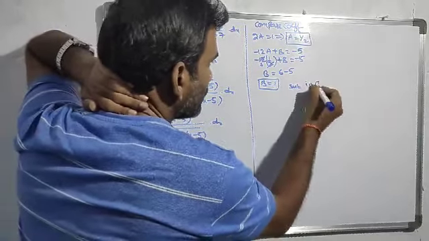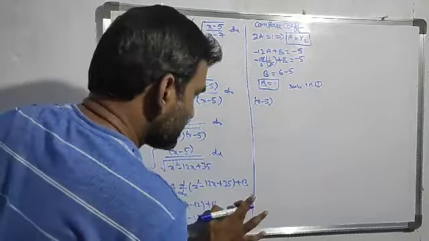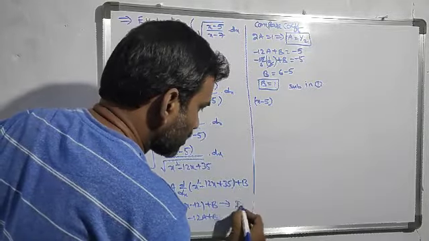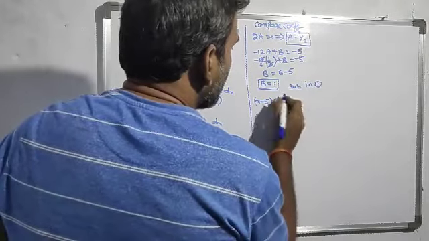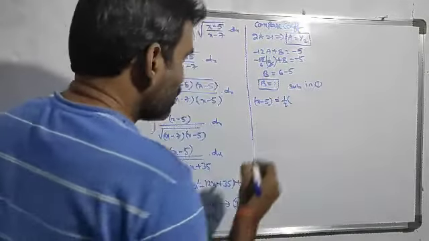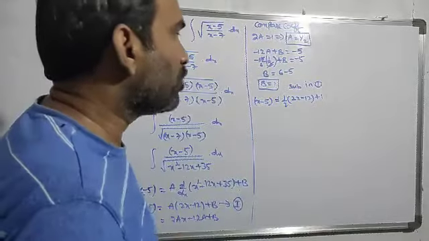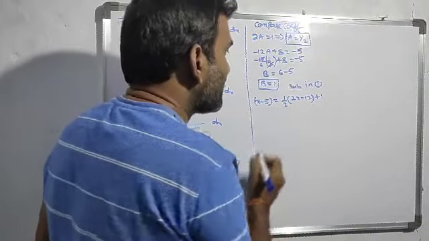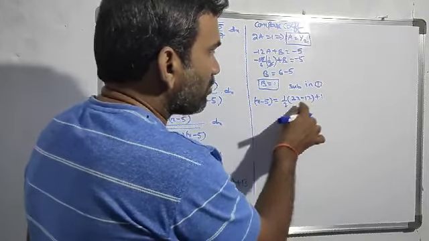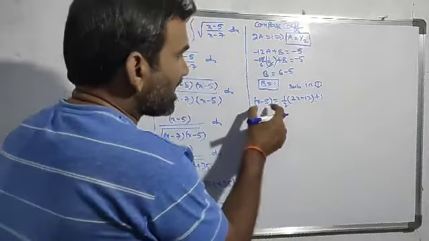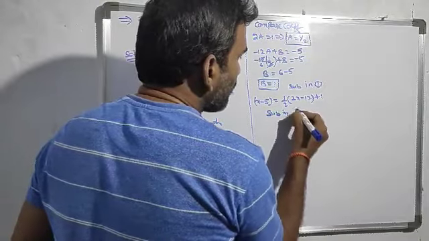Okay, in (1), what is x minus 5? Take this as Roman number 1. What is A? 1 by 2 into 2x minus 12 plus B, and B is 1. If you have a doubt whether it is correct or not, you can verify like this. 2x by 2, the 2s cancel, x only. Minus 12 by 2 is minus 6, plus 1, minus 5. That means we are reducing it into 2 parts. Now substitute in the problem.